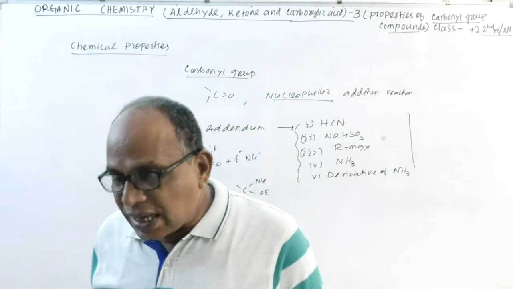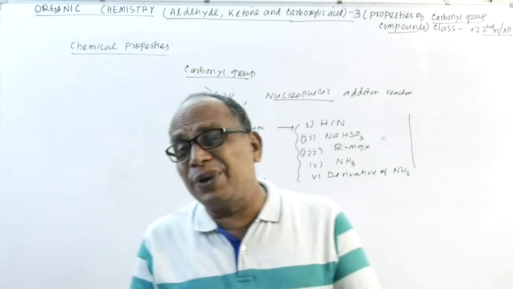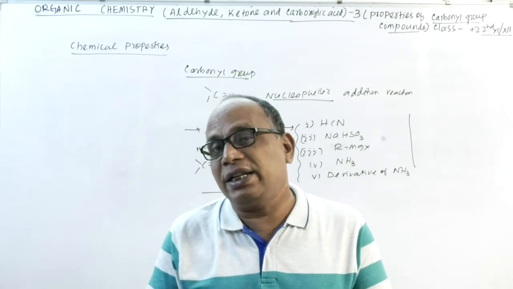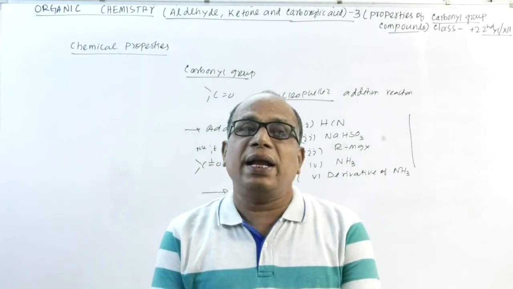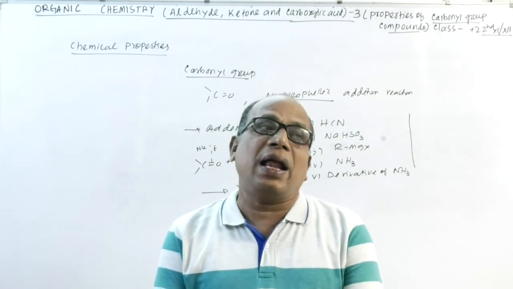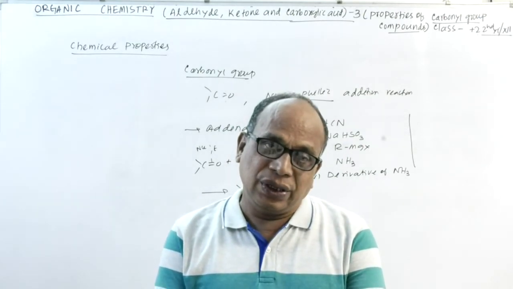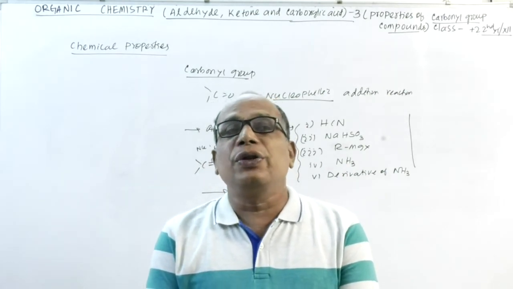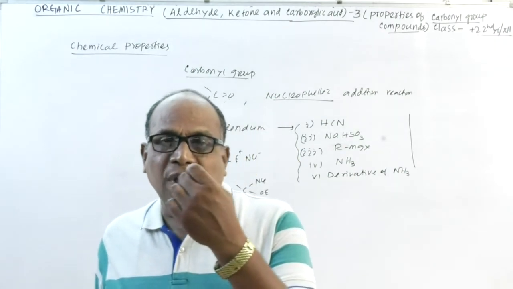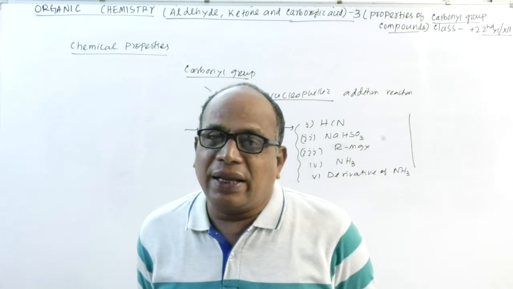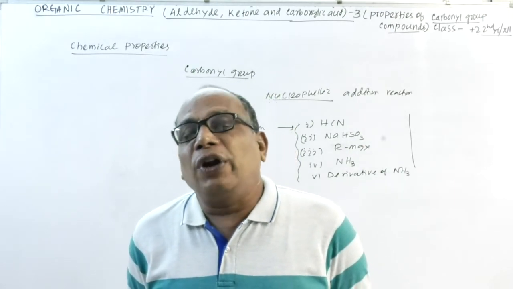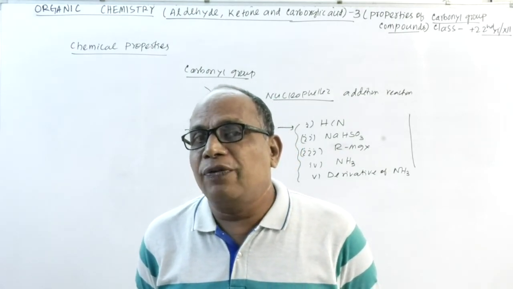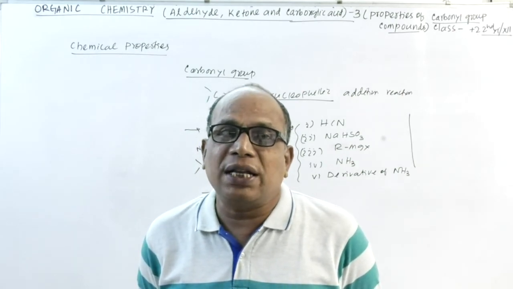Okay, we will discuss some physical properties of aldehydes and ketones. In physical properties, the lowest member of the aldehydes, formaldehyde, is a gas, while other aldehydes and ketones are liquid, and the higher members are solids. Aldehydes and ketones are polar in nature due to the polarity of the carbonyl group. Due to this polar nature, aldehydes and ketones are soluble in polar solvents like water. A 40% aqueous solution of formaldehyde is known as formalin, and formalin is used to preserve biological specimens in the laboratory.